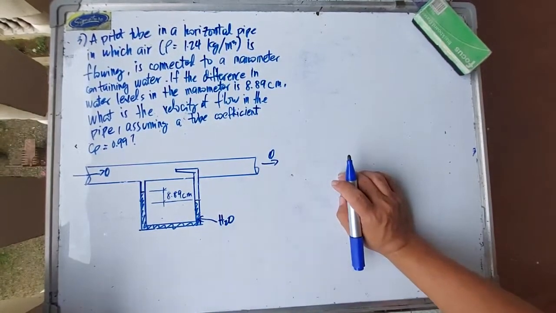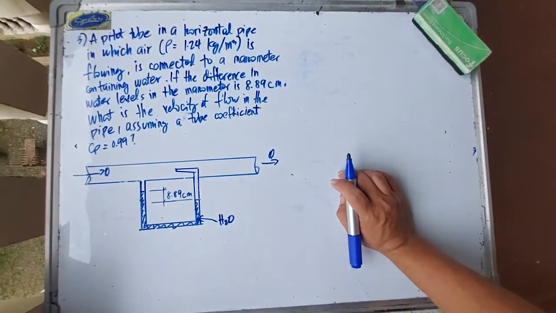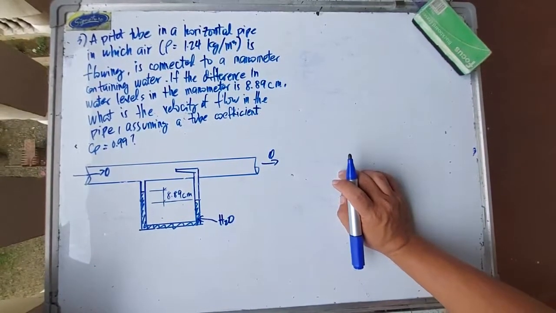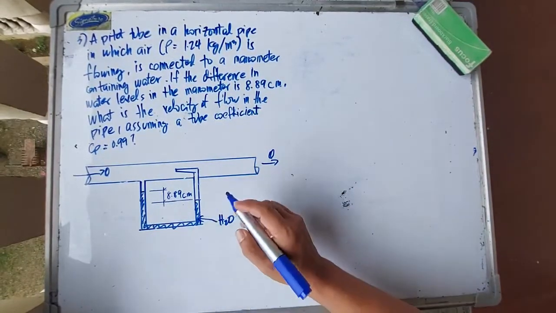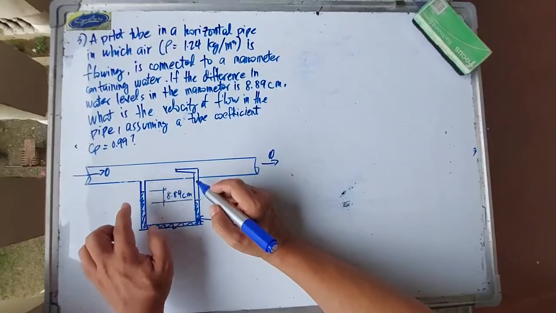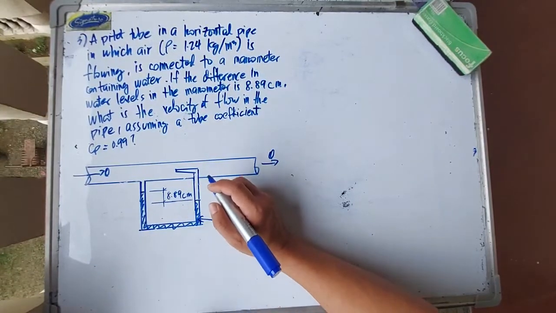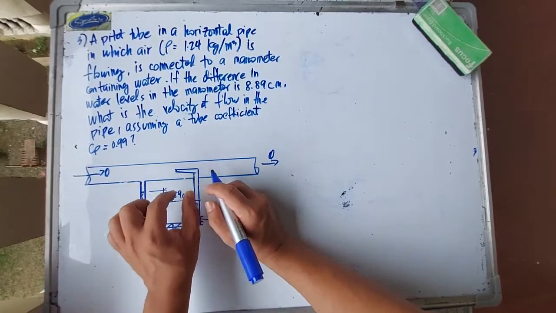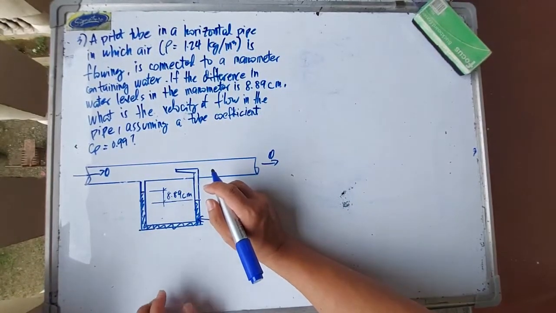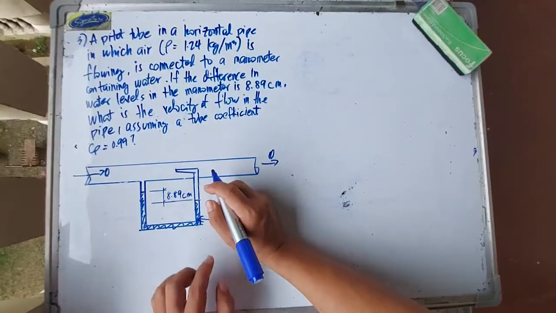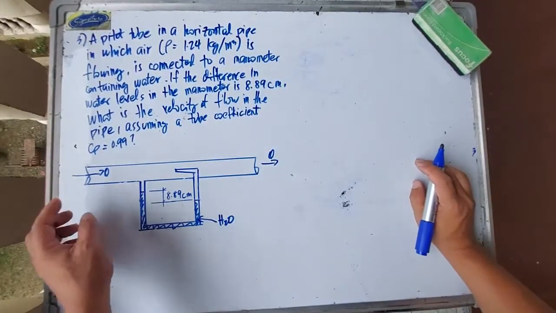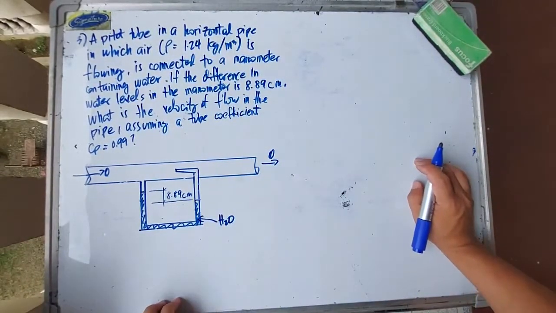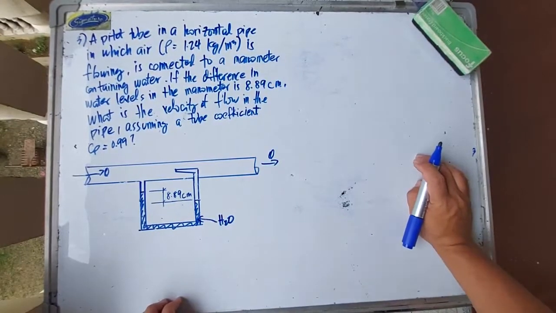Okay, so a Pitot tube in a horizontal pipe in which air with a density of 1.24 kilograms per cubic meter is flowing. It's connected to a manometer containing water. So this is the manometer connected, yung Pitot tube natin connected siya sa isang manometer. Again, we would usually connect the Pitot tube in a manometer, U-tube manometer kapag medyo highly pressurized yung conduit, no? Pero kung hindi naman